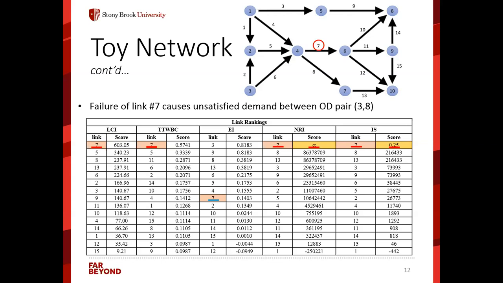So basically there is no score for 7 because the OD demands are not satisfied. The score is infinity by default, so it cannot be compared with the other links because it's not even calculated. For importance score, there is another metric specifically for disconnectivity links. So its score is, as you see, lower than the other scores, which are calculated by the regular importance score.